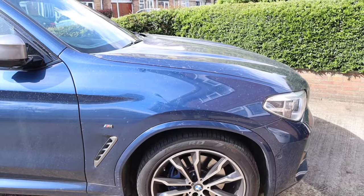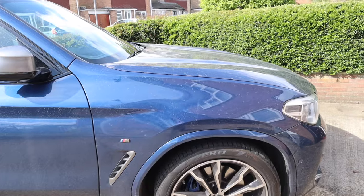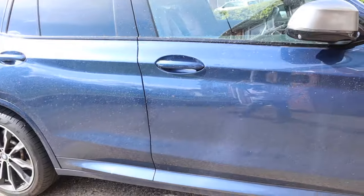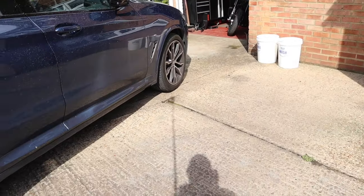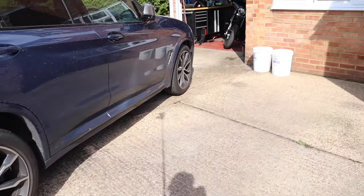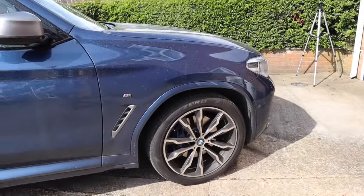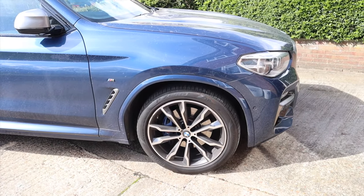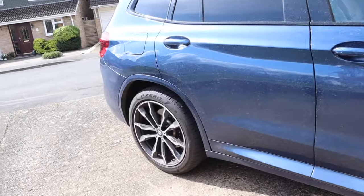Okay, so plan of action. HDD Road Rage as a pre-wash on the bodywork and on the wheels, and we'll let that dwell. Obviously I'll do the wheels first and follow on with the body, but that's going to be the process. So Road Rage on the wheels and on the body, let it dwell, and then on the wheels I'll put some wheel shampoo in a foam. That'll extend the life of the Road Rage, and use the cleaning agents in the shampoo to help loosen the dirt. And on the body we'll put snow foam on top of the Road Rage, let that dwell, then we'll